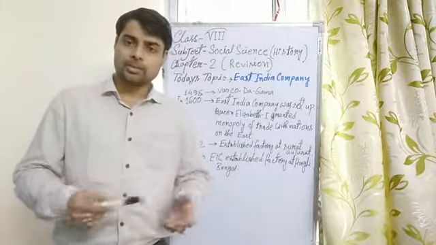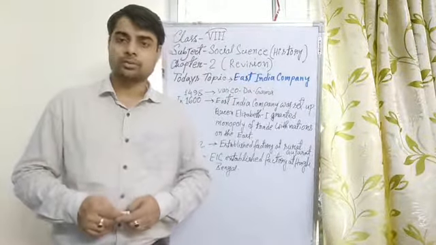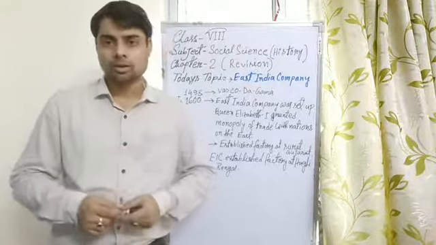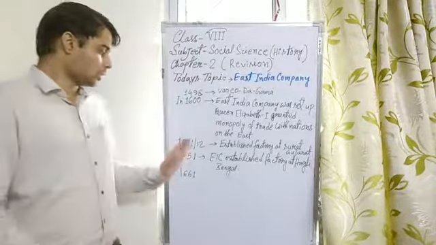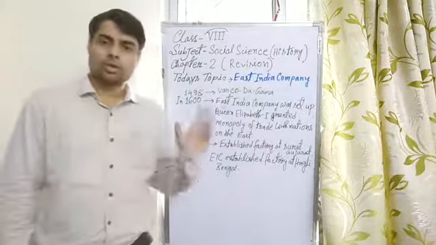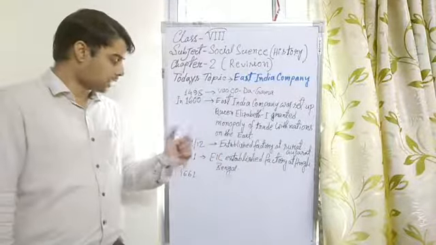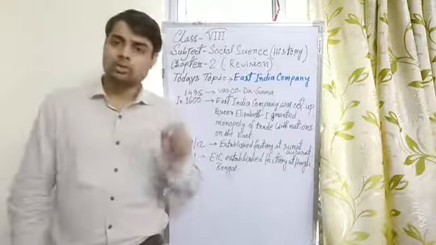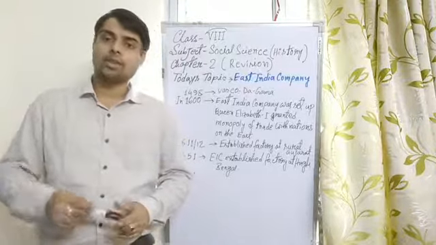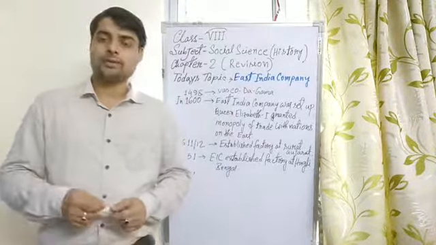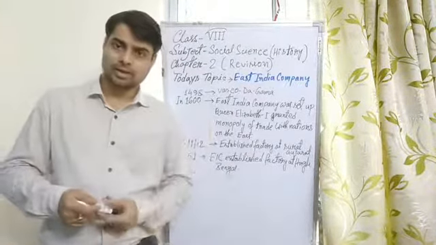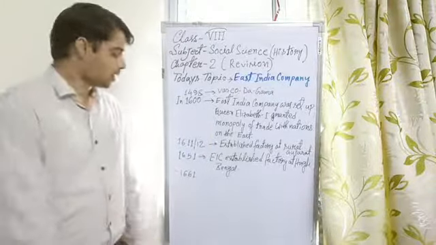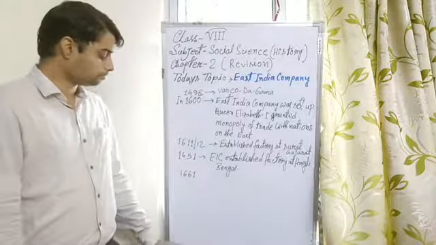1611. Some people say it is also 1612. There is a confusion among the historians. So more or less it is 1611 or 12. And in 1612 they also established another factory on the eastern coast of India. It is Masulipatanam. You have already read it in class 7, chapter number 6. And finally,